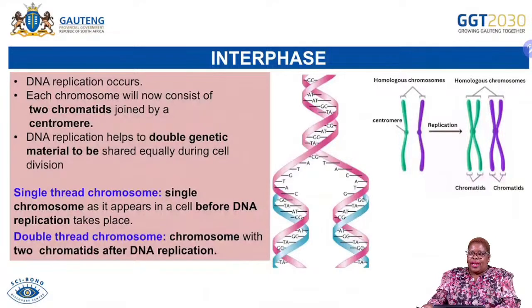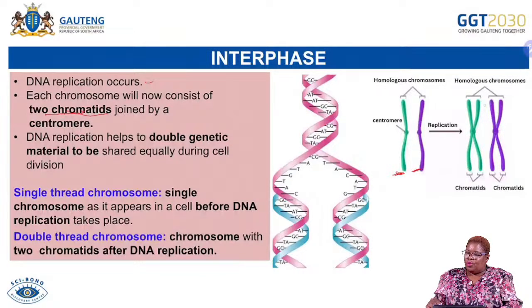Right, we've spoken about those phases, the IPMAT. Now with the interphase, remember we have said it is the preparation phase. So what happens during interphase? DNA replication occurs. It makes a copy of itself. Then each chromosome will now consist of two chromatids. This is an example of a chromosome. This is a chromatid and a chromatid. Two chromatids